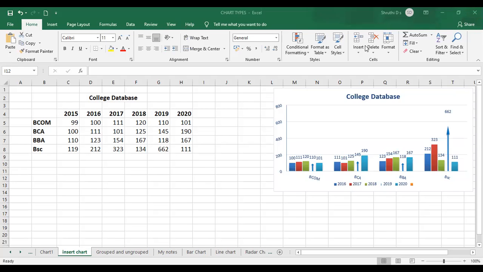So anybody else? Anybody else has sent the assignment? I received one or no, that's all I guess. Okay. So shall I go to the types of charts now?